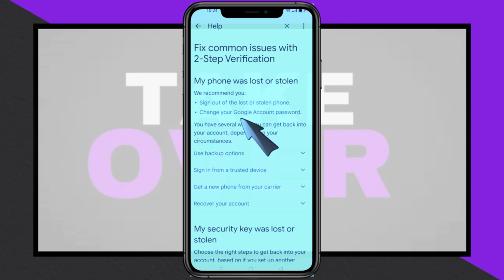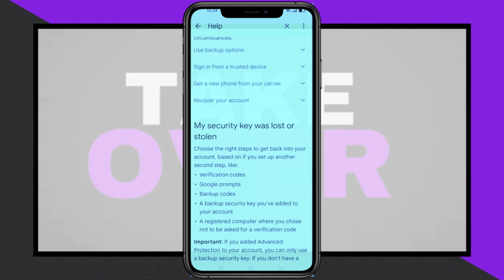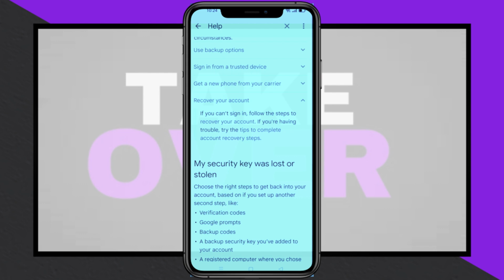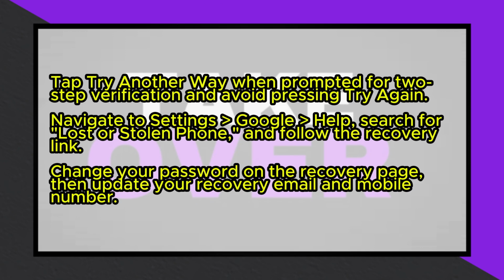Next, download and install OK Cloud Drive browser from the Google Play Store. Open this browser, navigate to google.com, and tap Sign In. Enter your Gmail account, tap Next, and then select Forgot Password. When prompted for two-step verification, select Try Another Way and avoid repeatedly pressing Try Again, as this can lock your